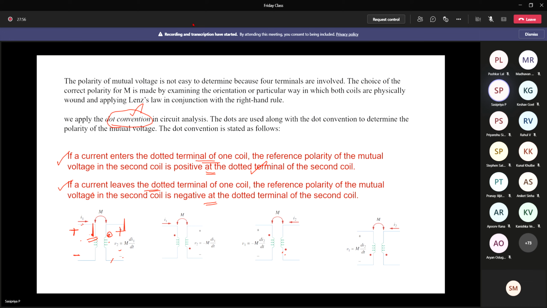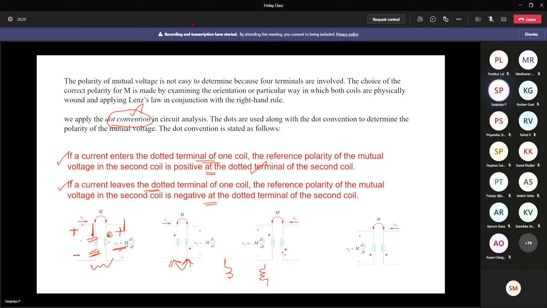Then the placing of the coils, we are going to have the two coils placed, right? How close they are is also very important. If the two coils are placed very far away, then definitely there is no coupling and no mutual voltage. Now when you have two coils, one is self-induced voltage due to the self-inductance. The other one is due to the current flow, there is going to be a flux linkage which is going to produce some voltage, that is mutual voltage.